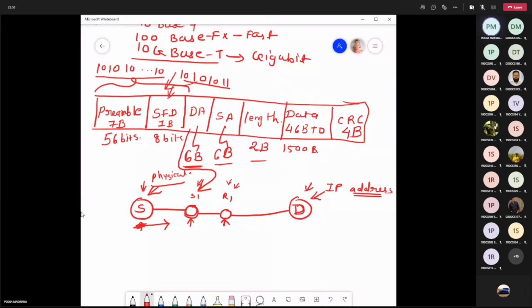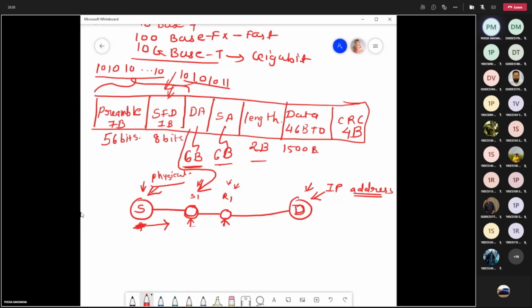If the switch is the destination and it wants to get the address of this switch, they will use the ARP protocol, address resolution protocol, and they will get the address of this, and it will set the destination address to this address of the next host and send the data, right? So this is the meaning of hop to hop delivery. So the functionality of your data link layer is the hop to hop delivery.